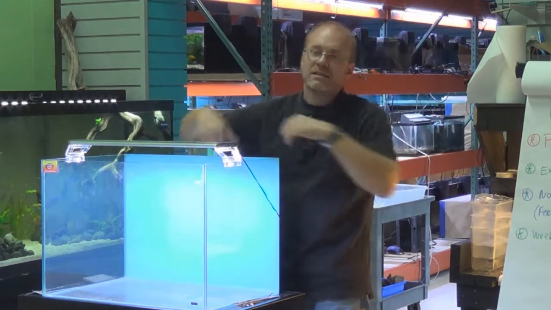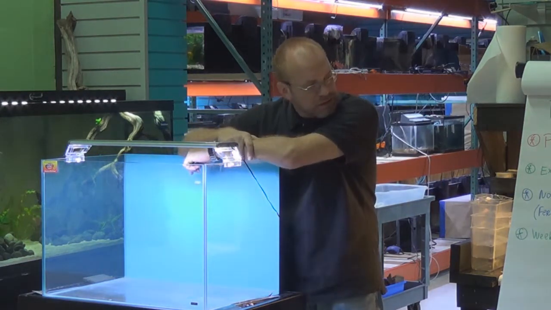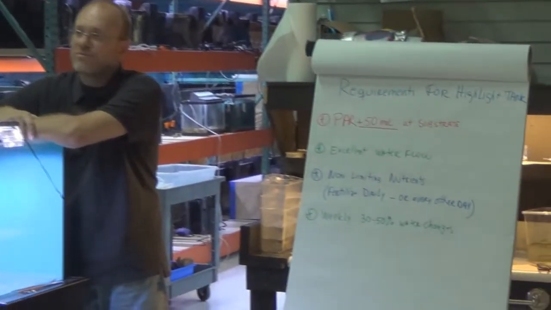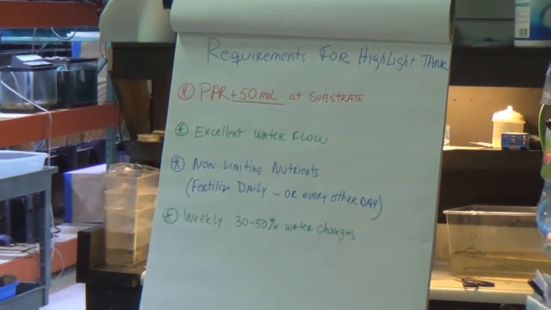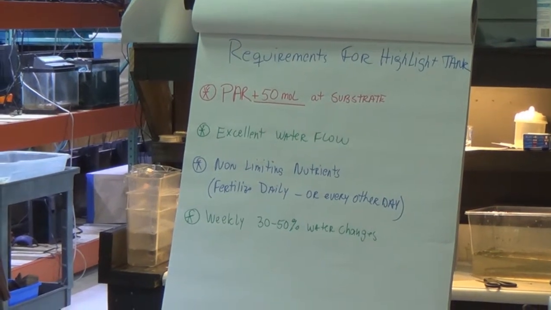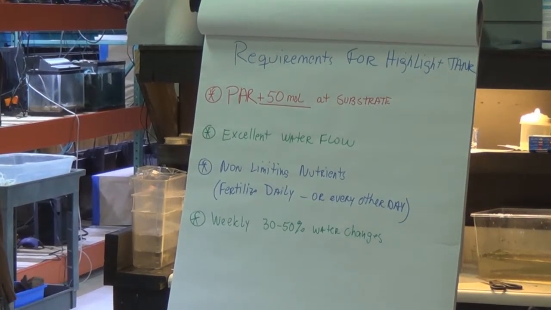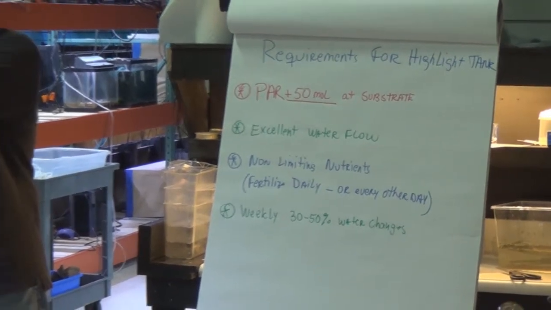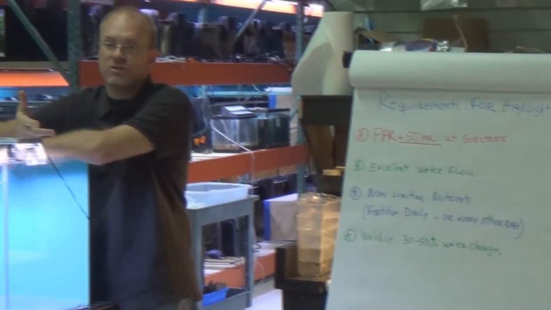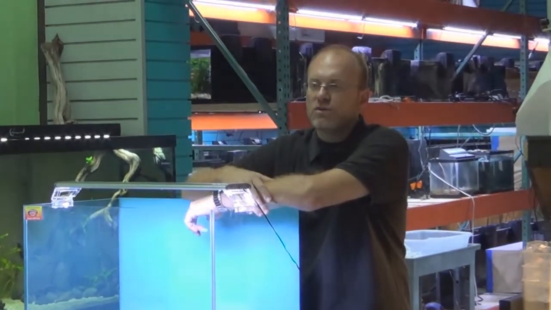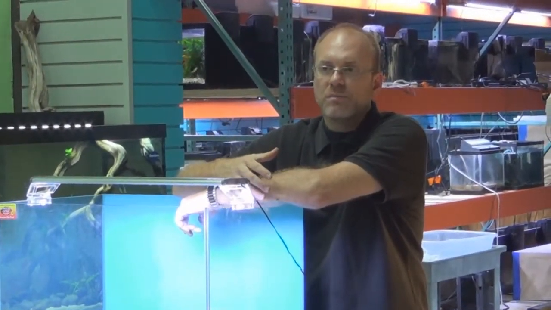Next thing we need, non-limiting nutrients. That means fertilizing your tank properly, daily or every other day or every couple of days, depending on your dosing. But you have to make sure that at any given time, you don't have any nutrients that are missing in the tank. Nitrogen, phosphorus, which is phosphate, potassium, trace elements like iron, boron, manganese, all those are important because they're